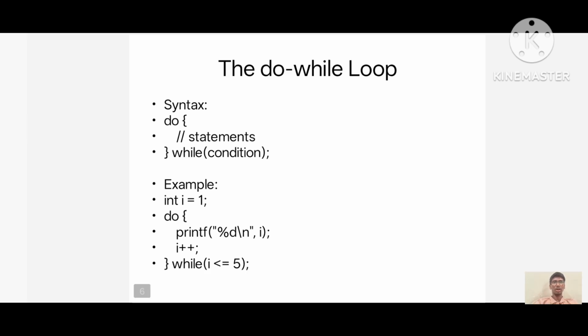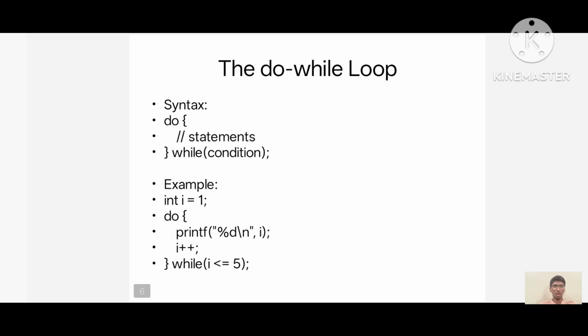The do while loop is similar to the while loop, but the main difference is that the condition is checked after executing the statement, so the loop runs at least once. Syntax of the do while loop: do { block of executable statements } while (condition);